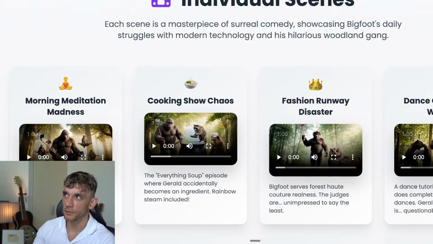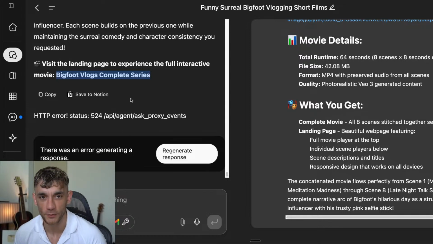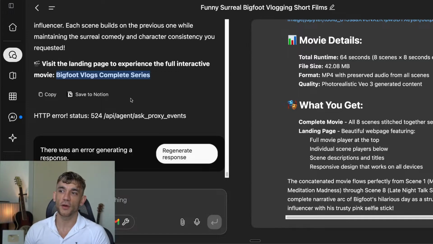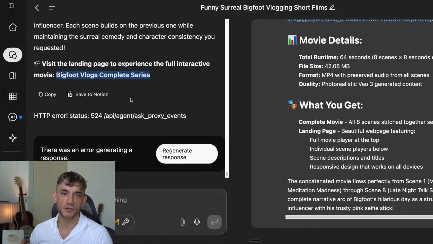Alright, so you can create something more serious, but I think it works quite well with surreal stuff, to be honest, because, as humans, our brains are not used to this. This is the only time in history we've been able to do this. And so, if you can create something that stands out, that's never been seen before, then of course you're going to get more attention, which means your views and your videos are going to do much better, whether you're posting them on TikTok or YouTube or whatever.